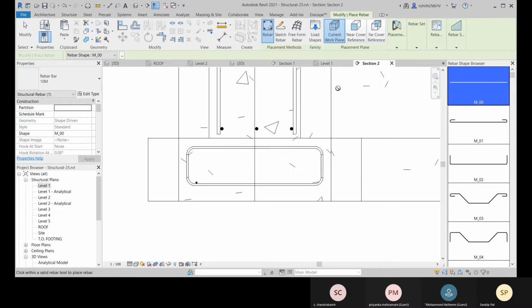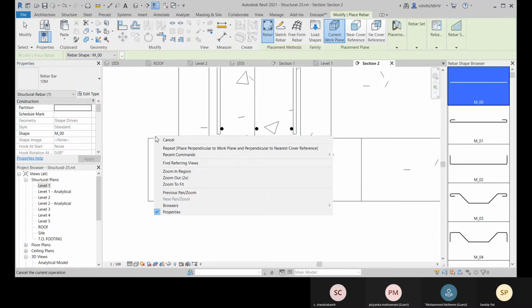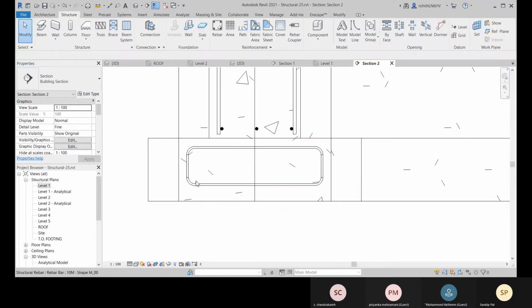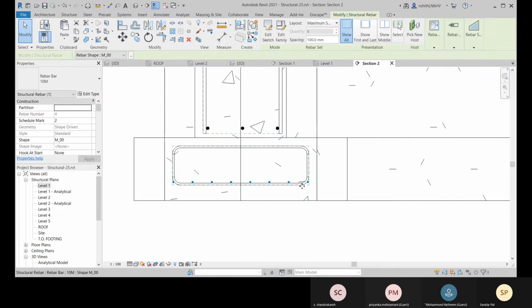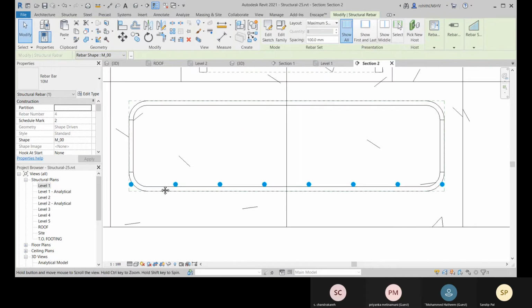Okay, and select this one, again go for maximum spacing, so we'll be placing like this. Okay, so here you specify like 150 mm.